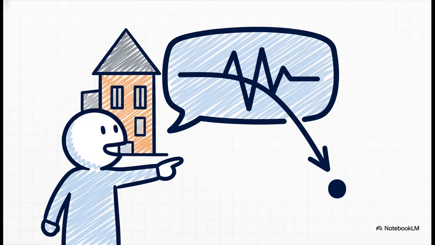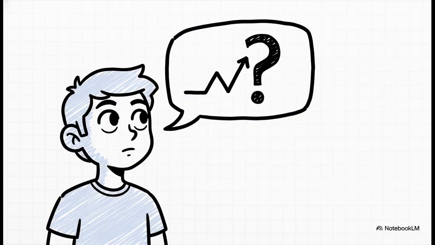Okay, check out this falling tone example. "The school is over there." Hear how my voice drops right at the end? That signals that this is a statement. The thought's finished, I'm not asking you anything, I'm telling you. But now, listen to the rising tone. "Are you coming with us?" My voice goes up, right? That little upward glide is a huge signal that I'm asking a question and I'm waiting for you to answer. It keeps the conversation going.